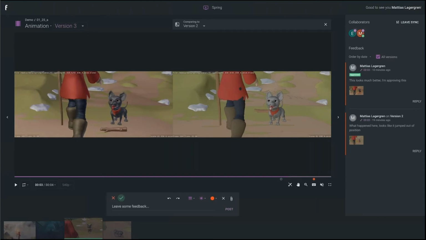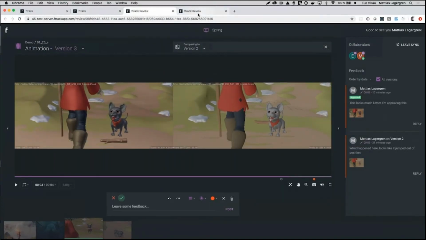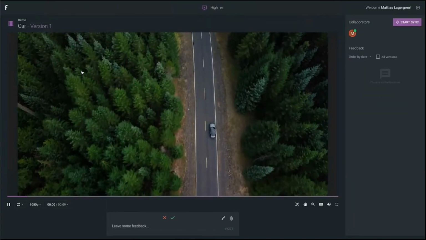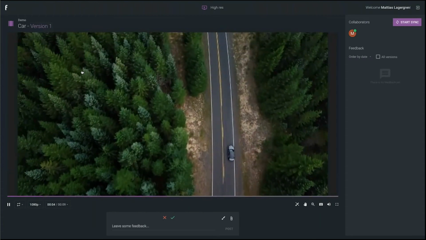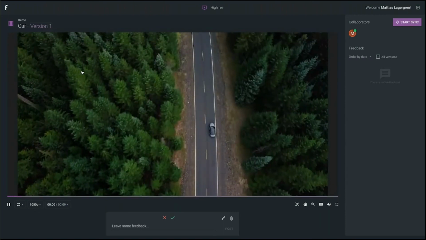Right. So I think let's check out now a few new features in the player, for example, high resolution playback and a few UX improvements that we made. Yeah, so please, Mattias, take us through these nice new features. All right, so I'll cheat a little bit. The last part here I want to show you in the review interface is improvements that we have made in terms of video and image